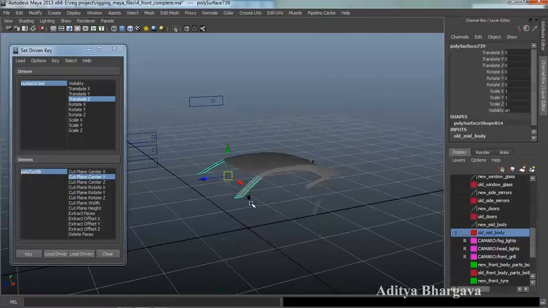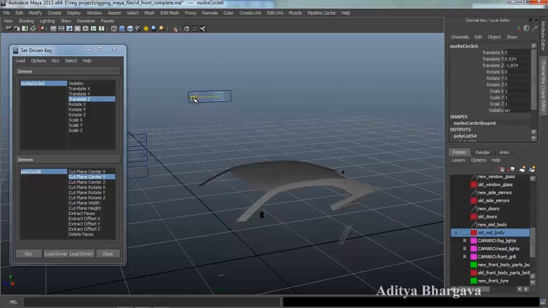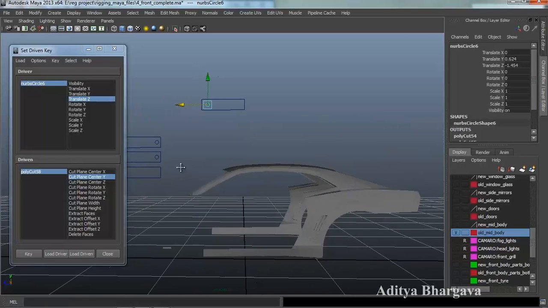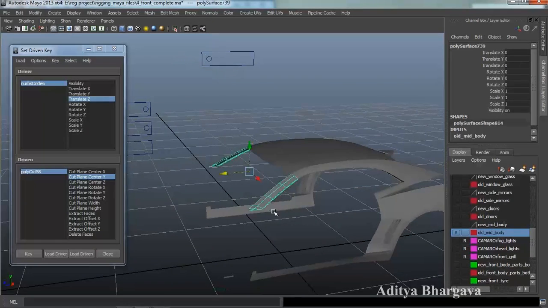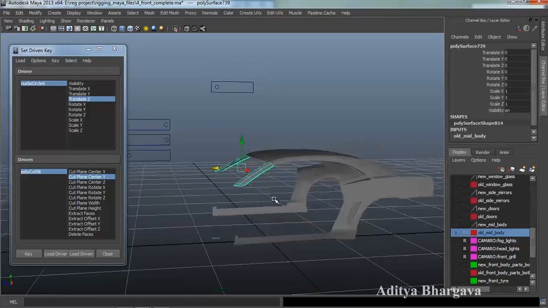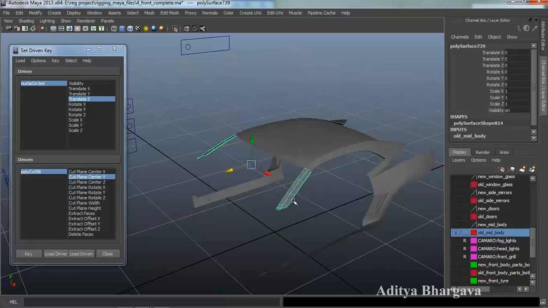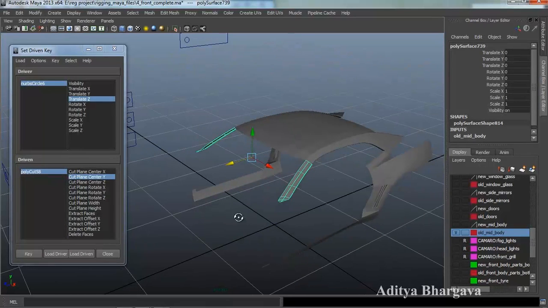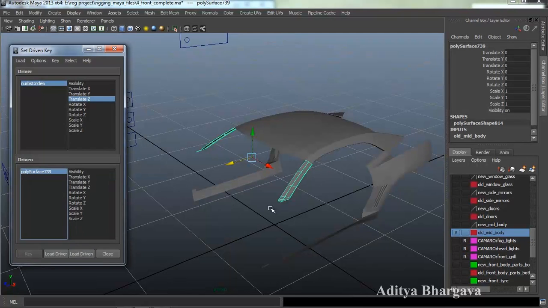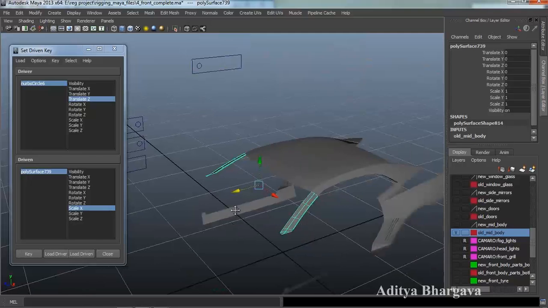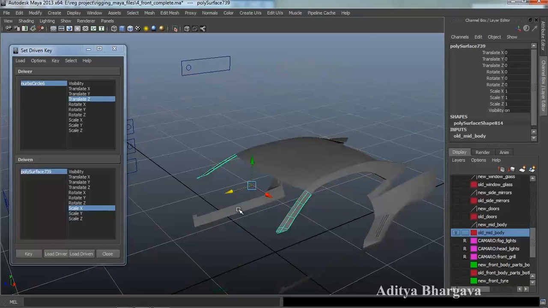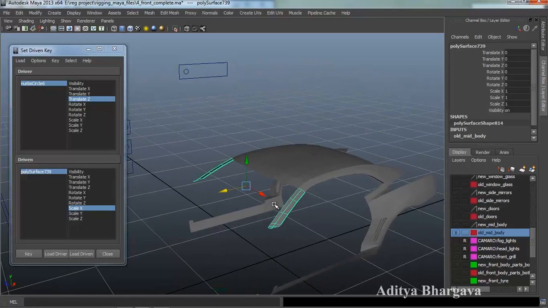Now we'll select this part. For this part, we'll take the controller a little bit backwards till this much place, maybe till this place. We'll select this part. We'll first of all make the scaling of this part keyed. So we'll select this part, make it a driven object, and scale it in the X axis, and what we'll do is